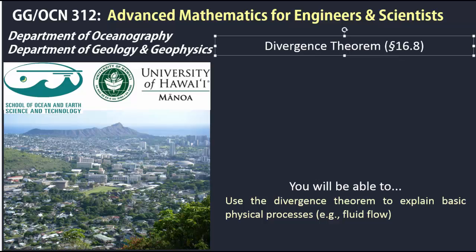The divergence theorem is one of two integral theorems that we'll discuss in this class, and it is so widely used in a variety of physical applications. It appears in potential field theory, for example, electricity and magnetism. It also is widely used in solid mechanics and fluid mechanics. And just to state what the divergence theorem is,